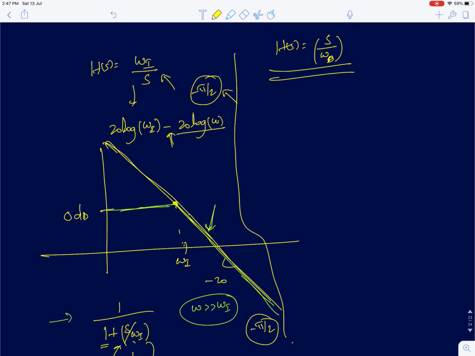Now similarly, I'll consider this transfer function s by omega d, which is your differentiator. If you take the magnitude response, you are going to get 20 log of omega minus 20 log of omega d. Okay. So this function, if I am going to plot it, when omega is 0, it's going to be minus infinity, it's going to start at a negative value, and this is my 0 dB line, and when omega is omega d,